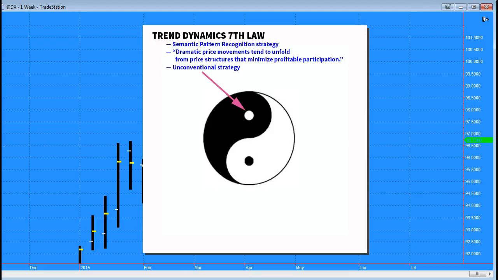Structural price levels are used to place stops because they're easily visible. In other words, with the 7th law, we're stalking price action that triggers liquidity events and volume spikes, which then create opportunities for us to fade these events and place orders in the market.